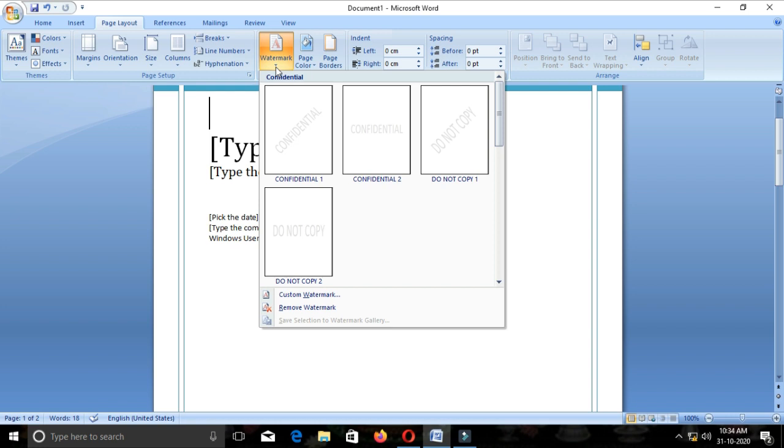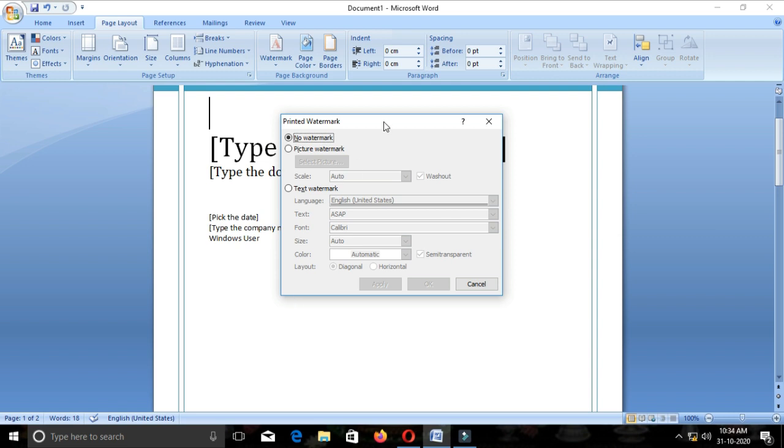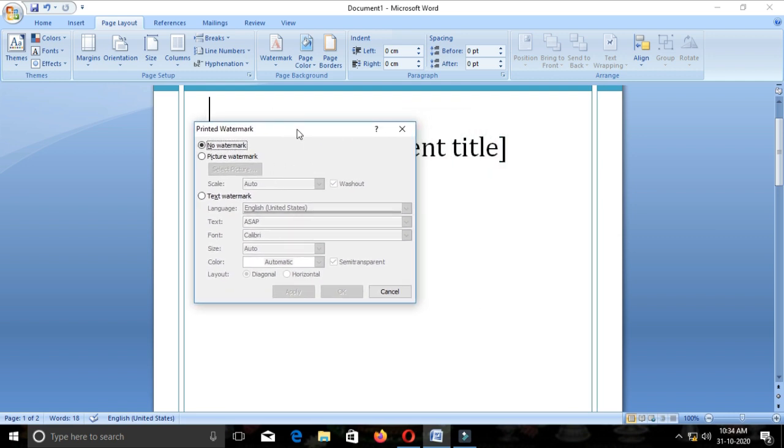If you feel something different from your requirement, then go for custom watermark. In the custom watermark option, you can choose your own text watermark.